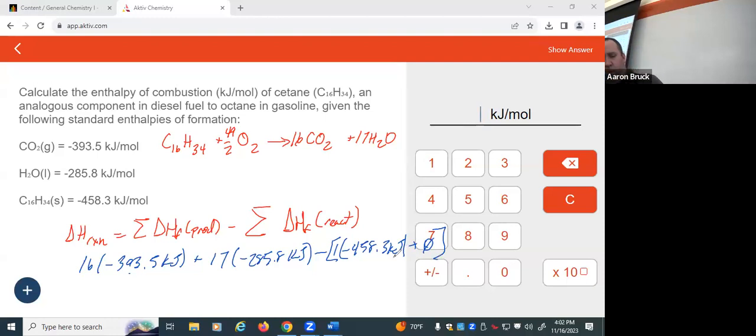So with that in mind, we've got our pieces here. 16 times negative 393.5 plus 17 times negative 285.8. Add those together, I get negative